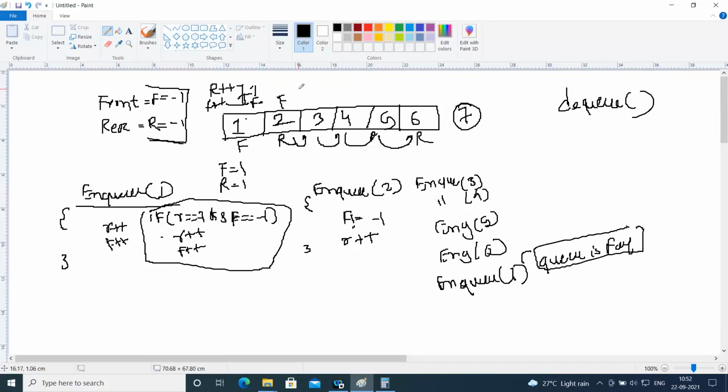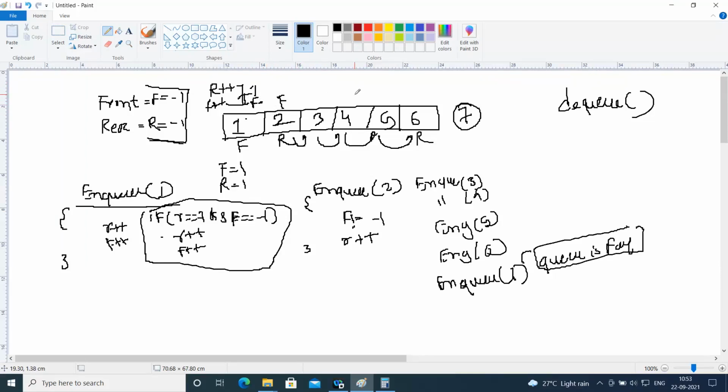Now here is the difference between the real world scenario and the computer science queue. In the real world, when number 1 gets served, the person in the second position will walk to the first person's place. The person in the third place will walk to the second index, the person in the fourth place will walk to the third index, and so on. So automatically all the people get shifted to the front by one place. But that really does not happen in the computer automatically. So we as programmers have to take care of this.